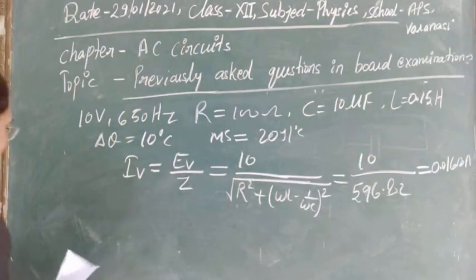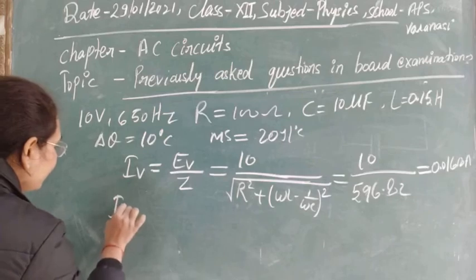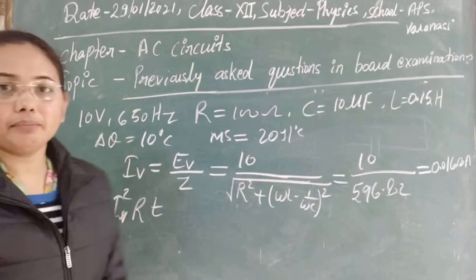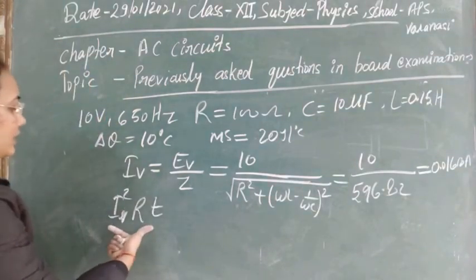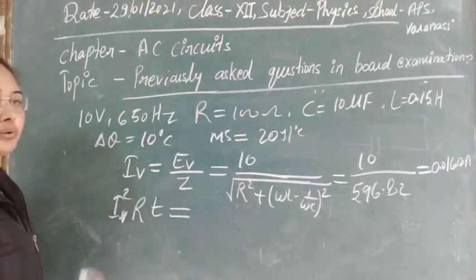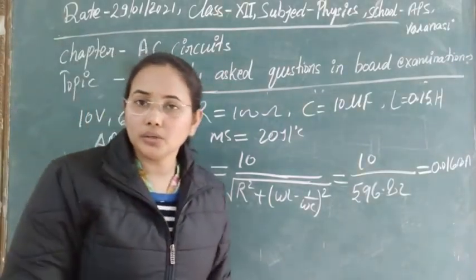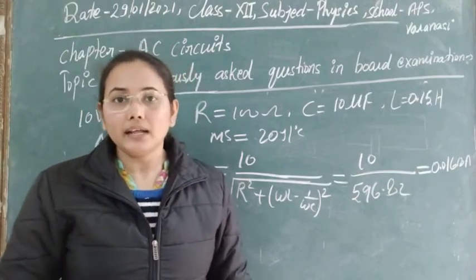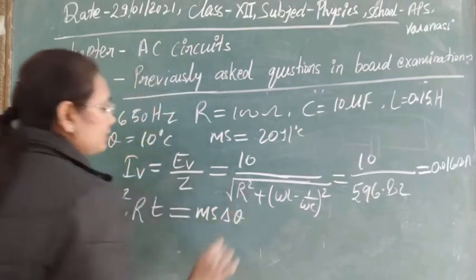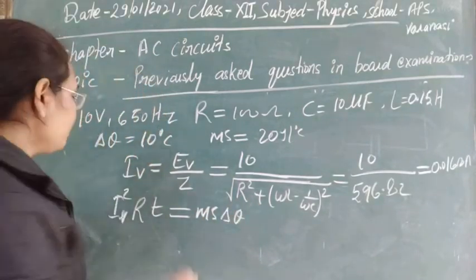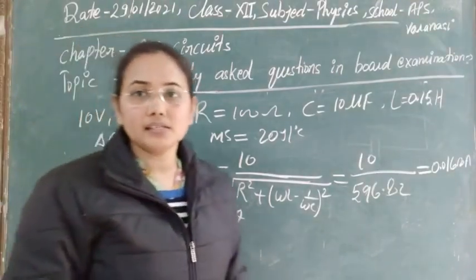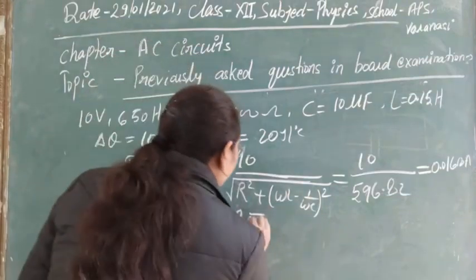So that power, how can we calculate? That is I square R into T. Suppose in time T that power is lost, then the power is I square R into T. This is equal to the heat produced in the system, as the resistor gets heated by 10 degrees Celsius. So heat produced in the system can be given by m s delta theta. Clear? So with the help of this equation, we can now find the time taken by the system to be heated by 10 degrees Celsius.